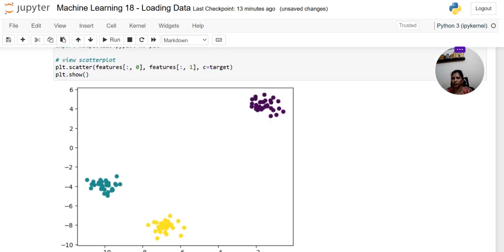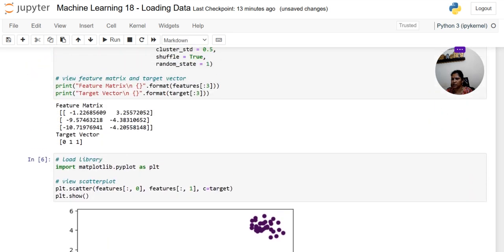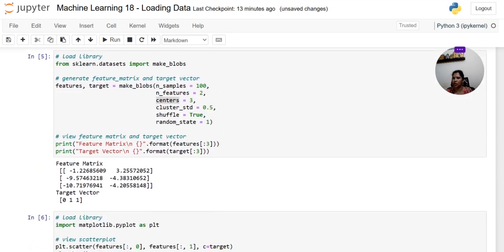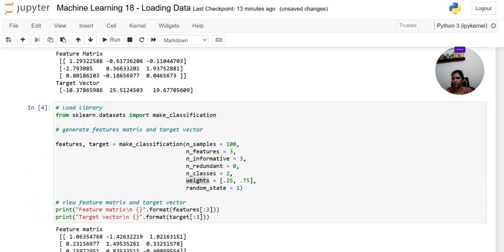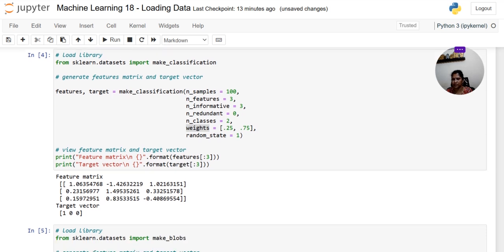Yes, dear friends, here we have 3 clusters. So this is what we just simulated. I hope you now have simulated data sets for all the types of machine learning, that is, clustering,